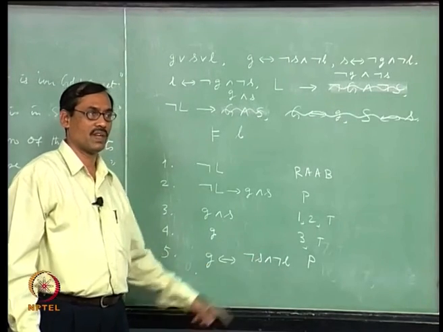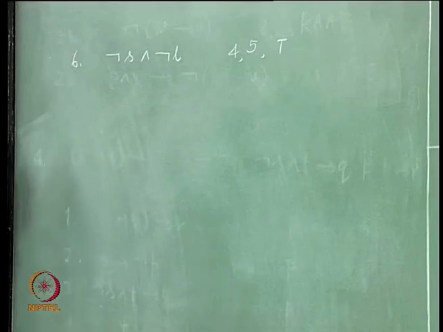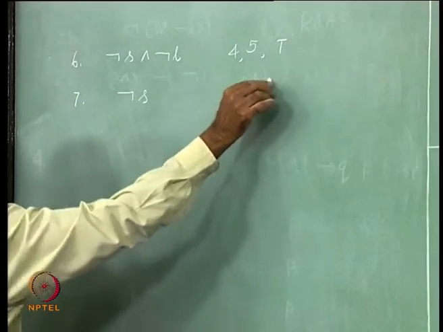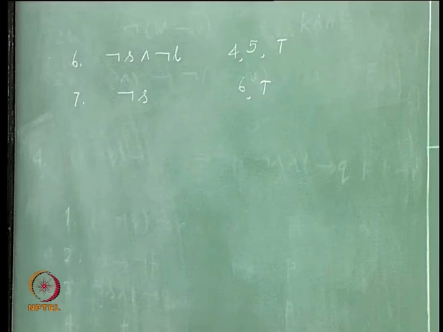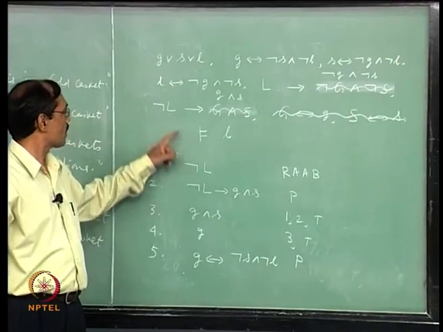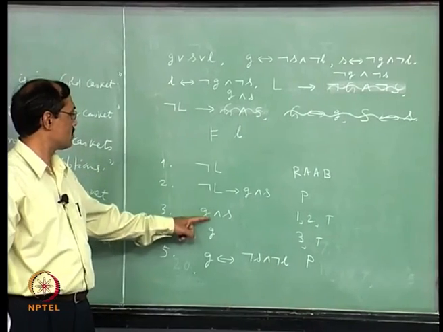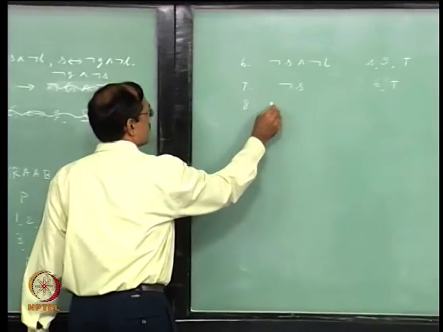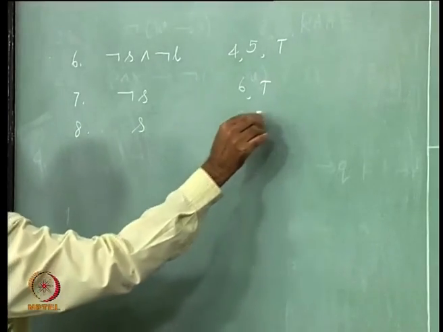So, it is modus ponens. Now, from this you get not S, elimination, then 3 gives S. This one gives G and S, that gives S. So, 8 S, 3 elimination,